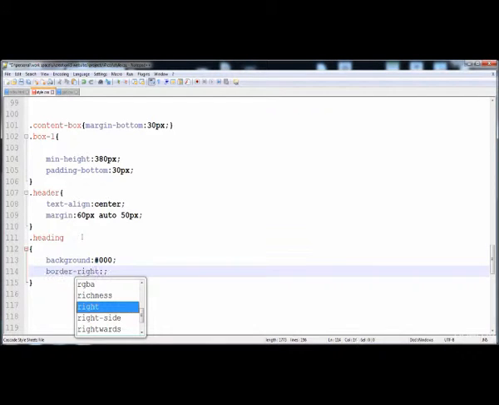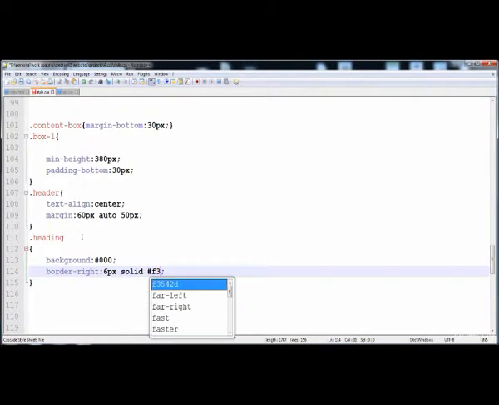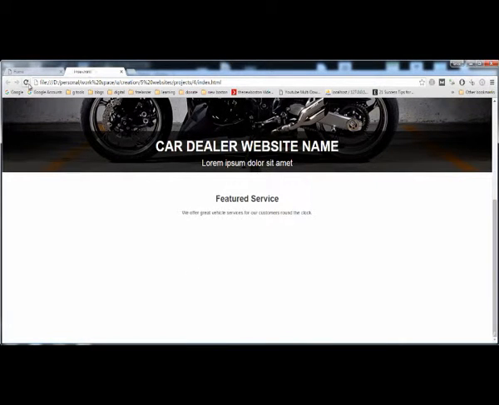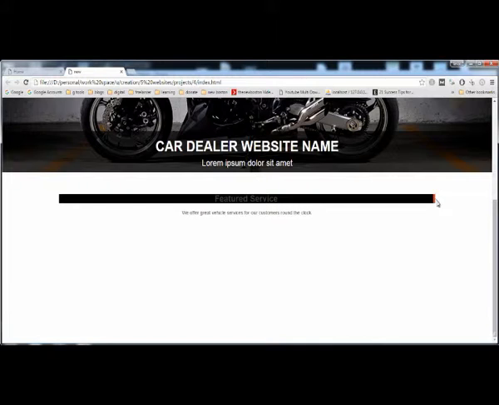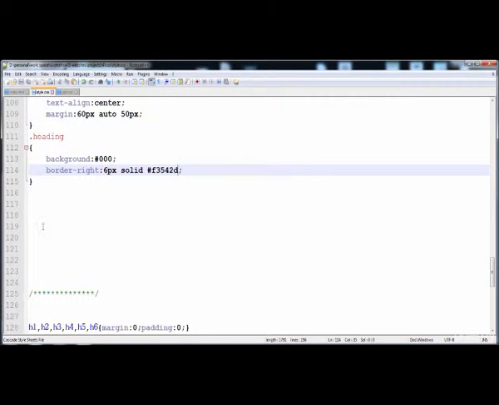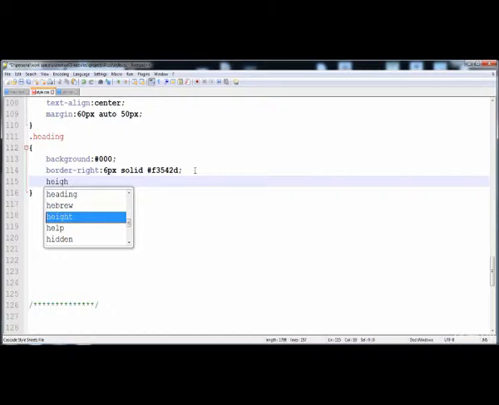Here is the border right, 6 pixel solid hash f3542d. So now a colored border is applied on the heading, and now I'm going to adjust it. We will give it width and height, then it will be okay. Here height is